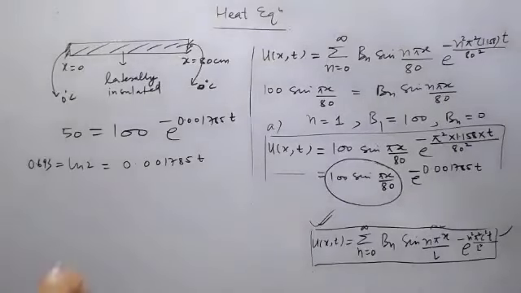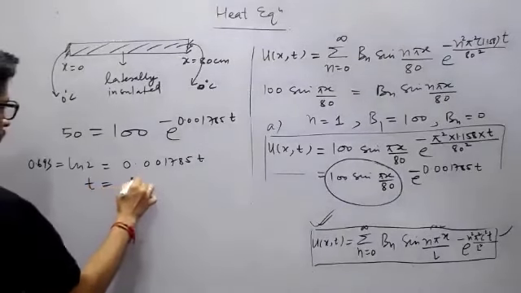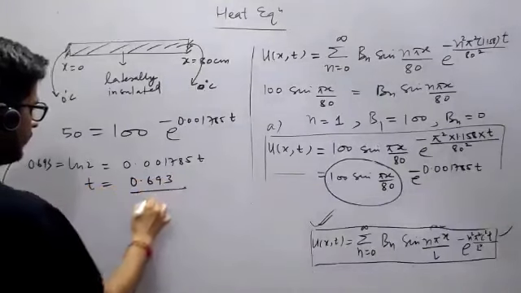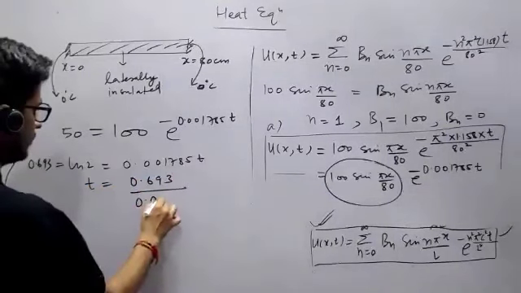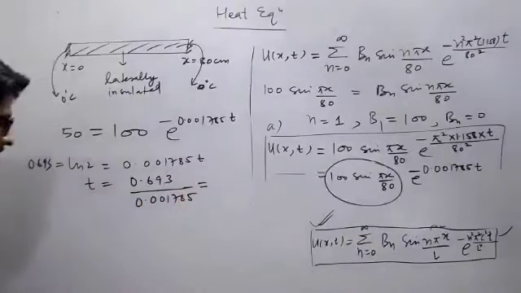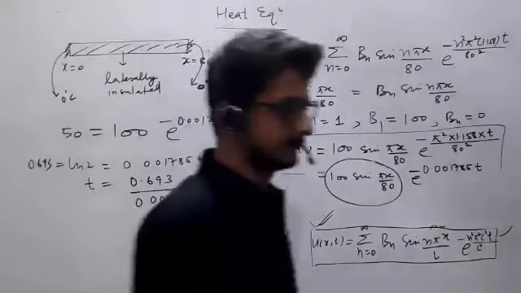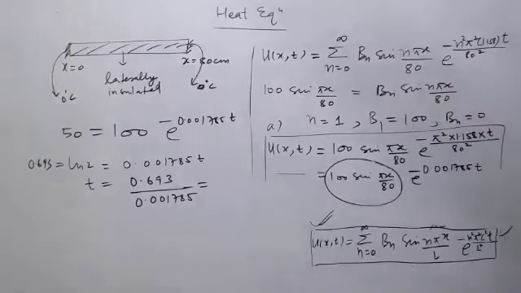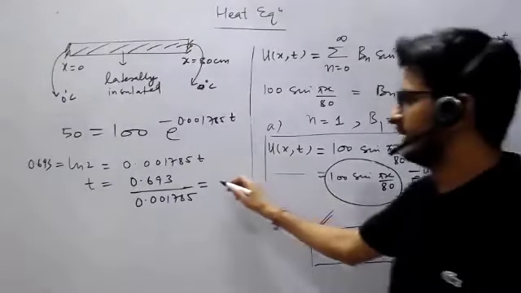ओके So t will become 0.693 over 0.001785। कोई बताना जल्दी से कैलकुलेटर से। 388.2 हम्म, 388.2, 388 सेकेंड,